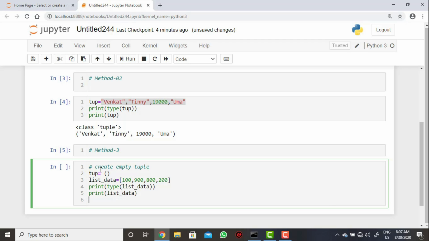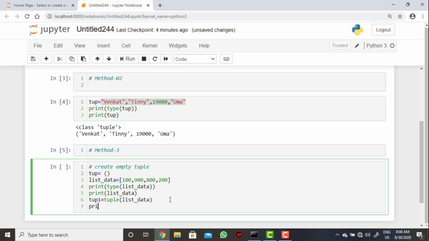Now I'm trying to convert it into a tuple. We need to use the tuple object, tuple of, then whatever data we have in the list, list of data.